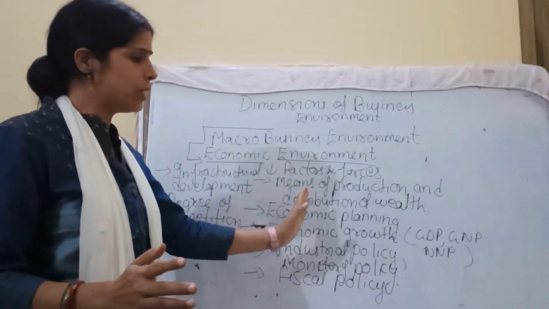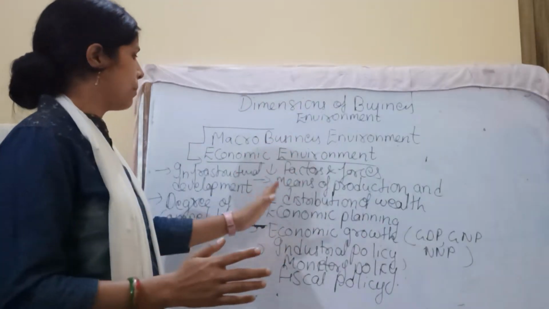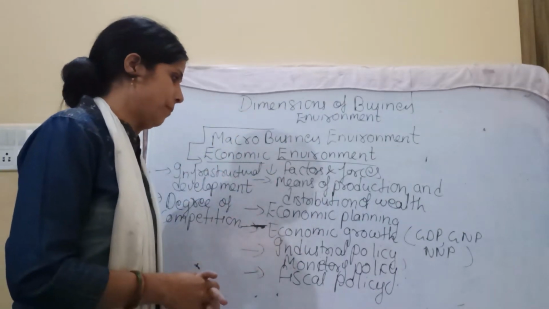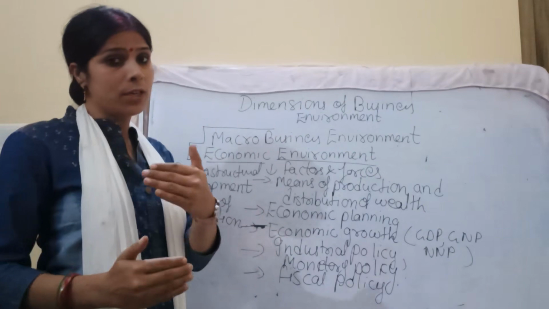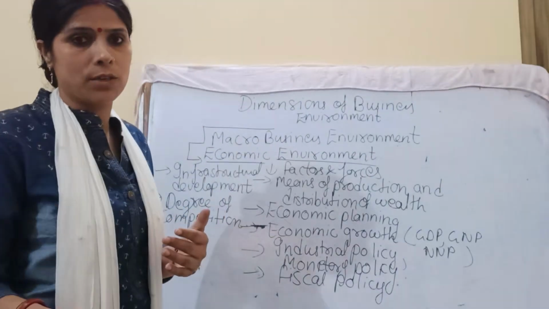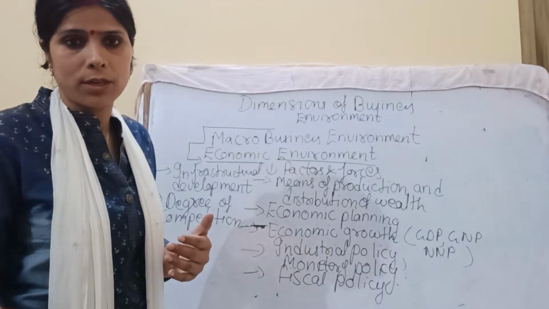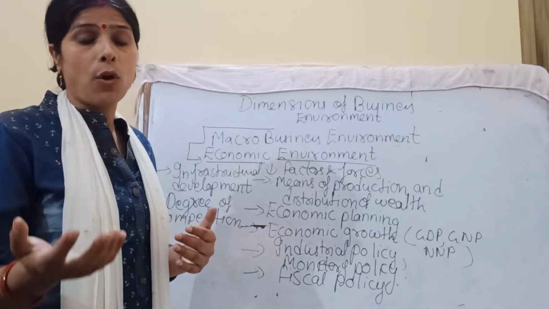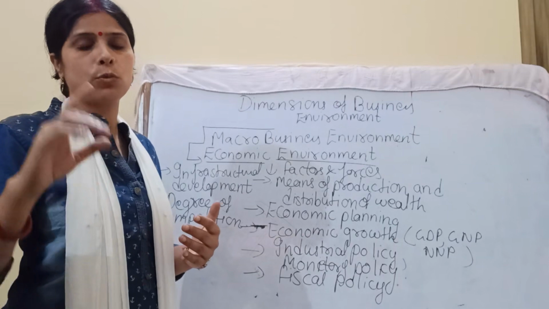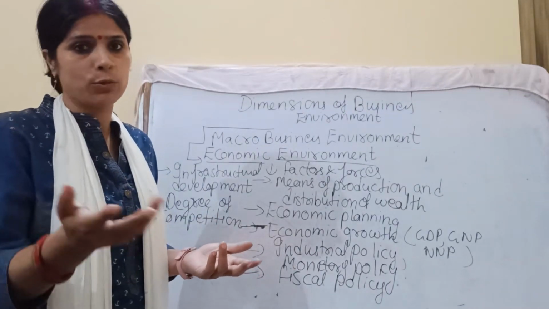Now you can see how these policies are affecting the economic environment and the business environment. They are part of the economic environment and they affect the business environment. After the industrial policy 1991, the importance of private sectors increased. There was a rush of export-oriented industries, a rush of multinational corporations, because we were talking about globalization. We took the whole world as a single unit. We were talking about foreign direct investment, and now we can see the situation.